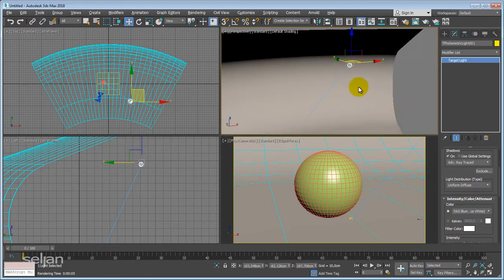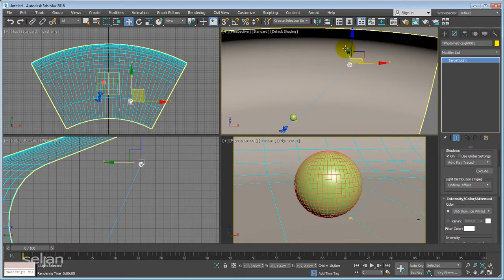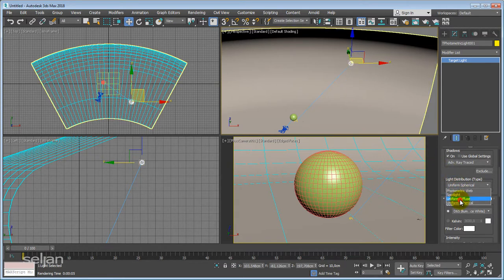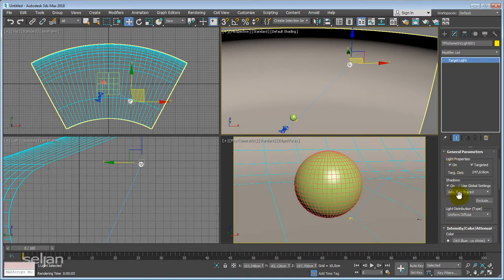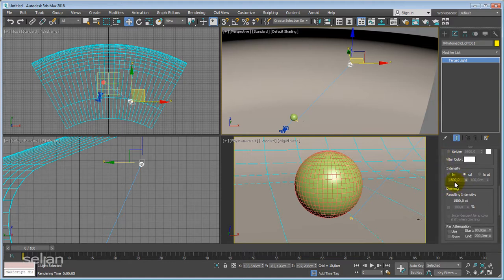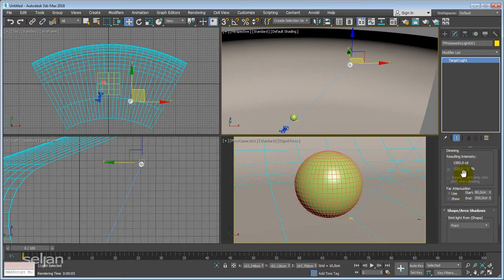Okay, when you have the light selected, if you see that the gizmo is not covering the center of the ball, then you can recognize that you have the uniform diffuse contact now. Okay, so we have shadows turned on, we have advanced ray trace, we have uniform diffuse lighting. I don't want to change the intensity and color, but of course you can change the filters and everything like that. Intensity as it is, it's 1500 candela, and I'm not using dimming or anything,